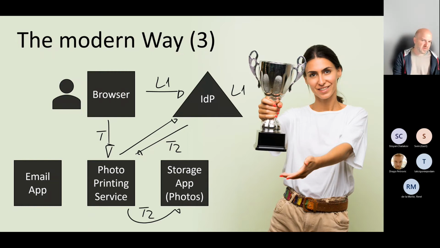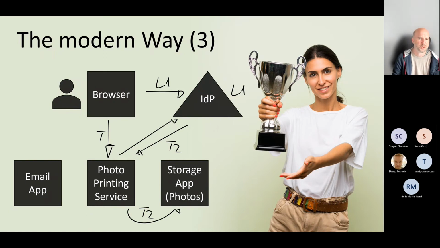I give the photo printing service specific permissions on my storage app service, saying, well, you can go there, but you can just, for instance, just read photos. You cannot upload anything. You cannot delete anything or change anything. You can just read. And also, when you connect there, you can only access certain pictures, not all of them, but only the ones that I specifically marked to be available for you, photo printing service, right? And that said,